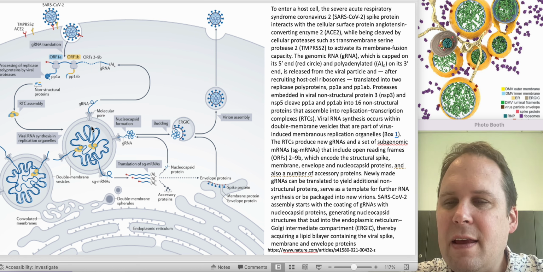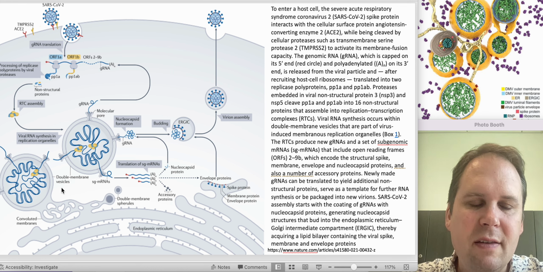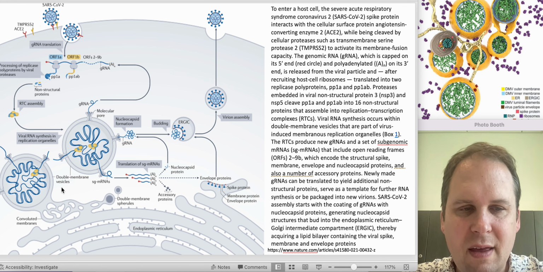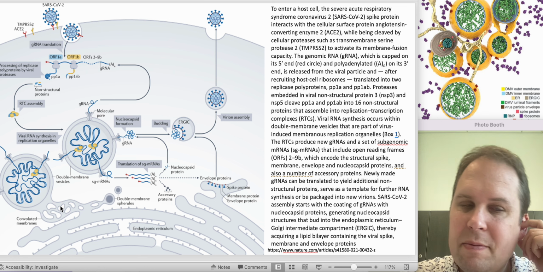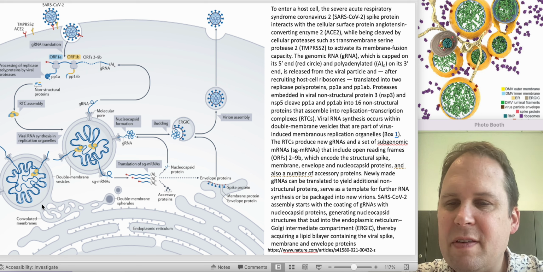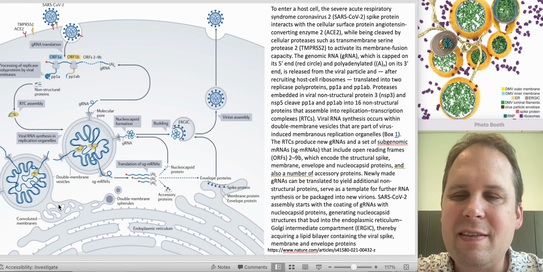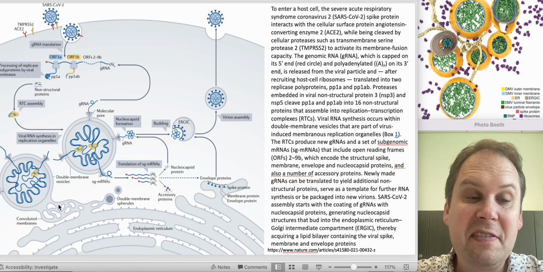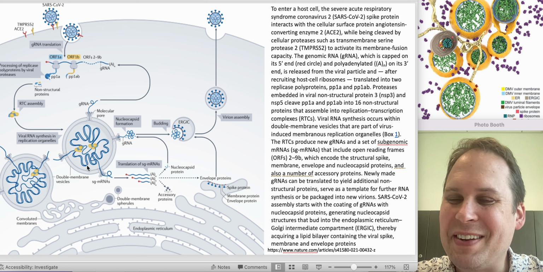It's going to do this in one of these. They're called replication organelles or double membraned vesicles. DMV is the most common thing that people would say. And these are derived from the endoplasmic reticulum. The virus puts some of its own proteins in there, pushes out most of the cell's proteins, and basically just steals the membrane. It's ripping off a hot rod, essentially.